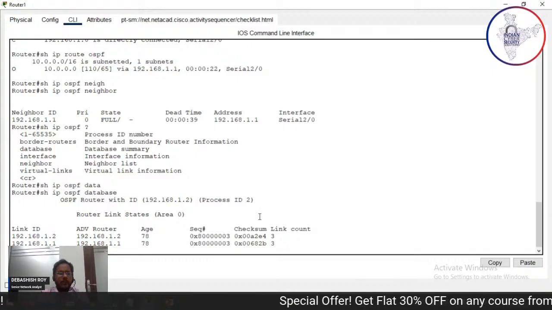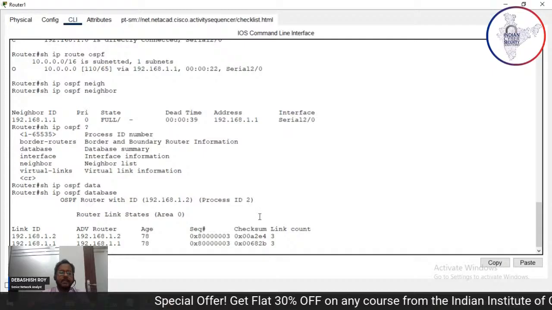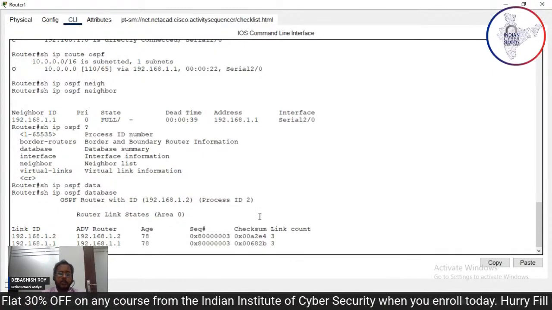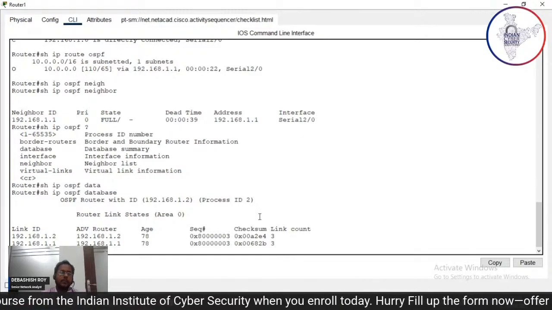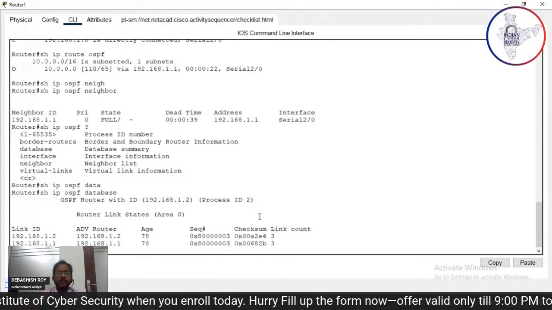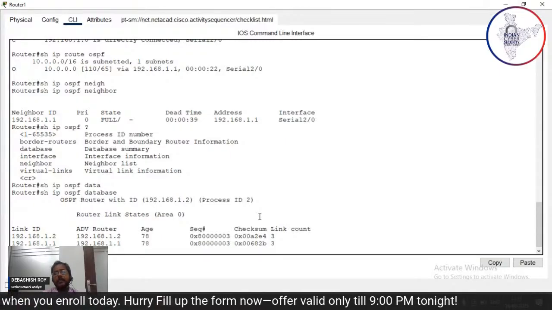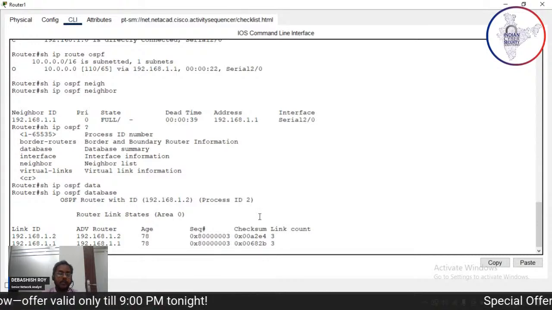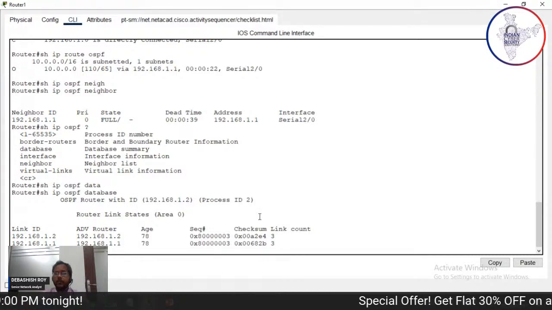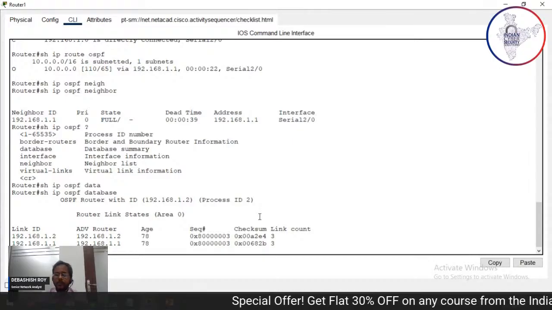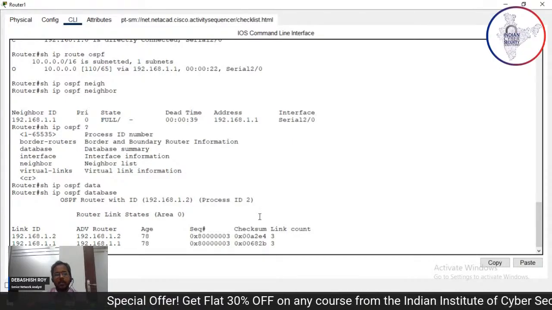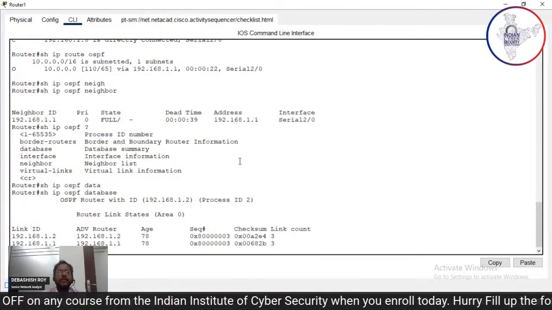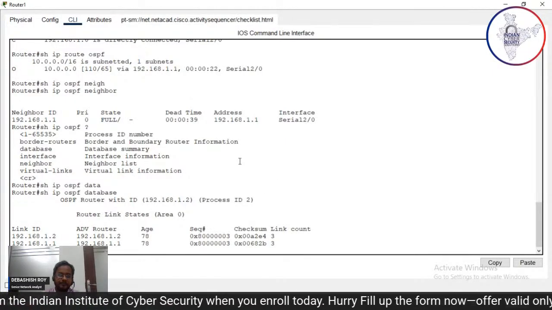So here you have all the information of the LSA types, and OSPF has a router ID concept where you can give the router ID, but it is optional in IPv4, because in IPv4 OSPF the router ID is taken from either the highest logical interface, or the highest serial interface IP. But in OSPFv3, the IPv6 supported OSPF, definitely you have to set up the router ID, otherwise it will not function. So this is the basic configuration of OSPF, and OSPF is a very stable protocol,